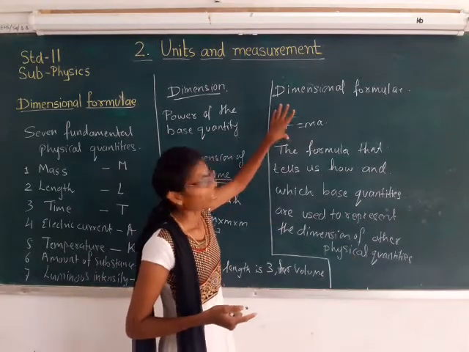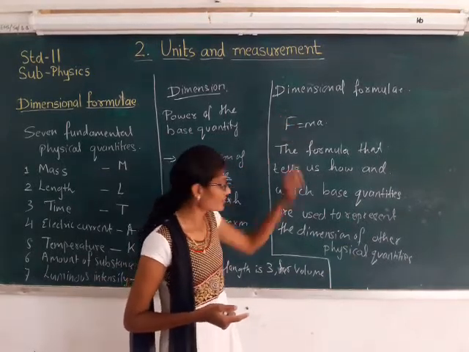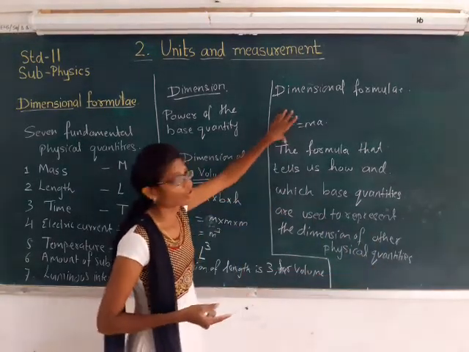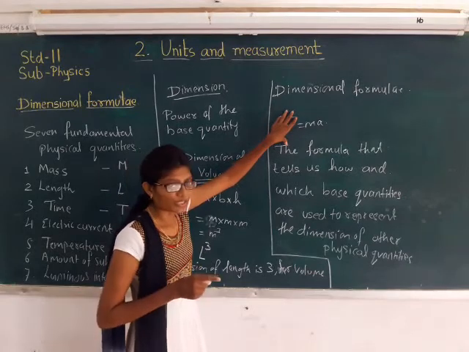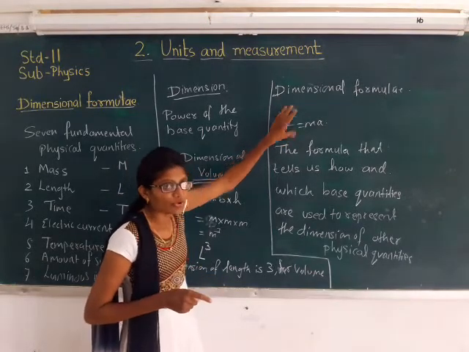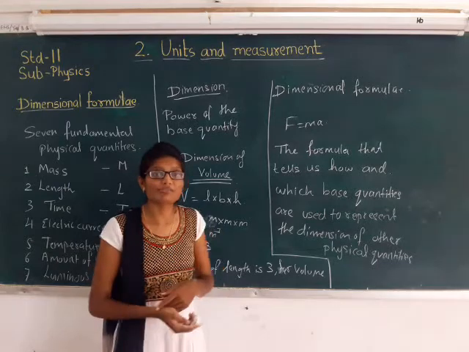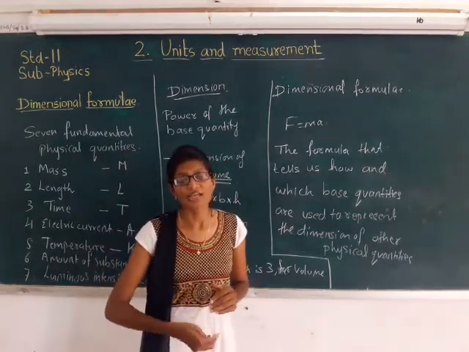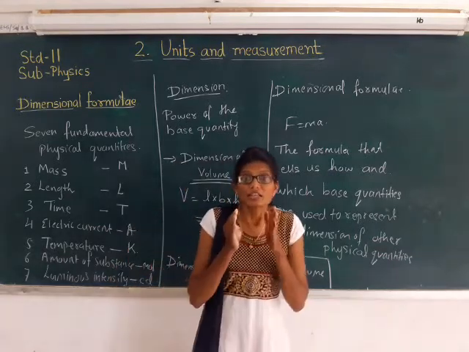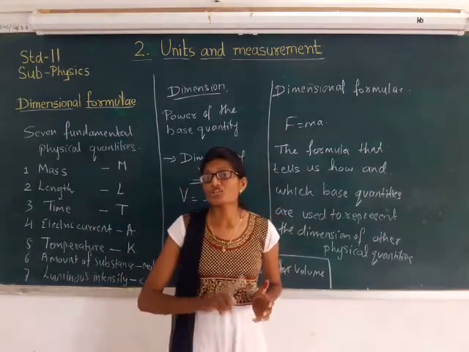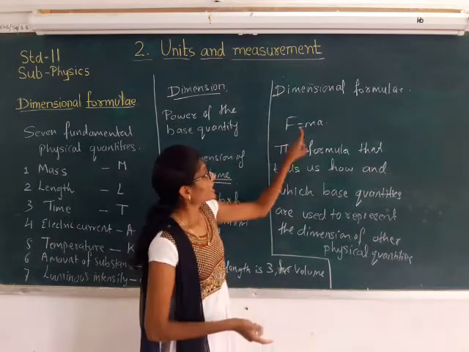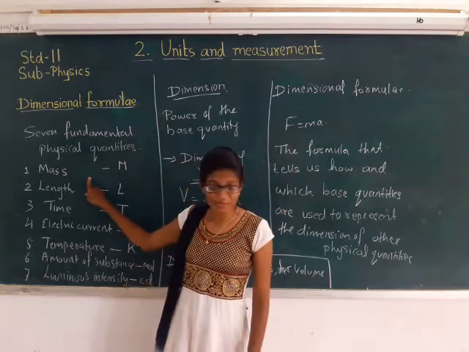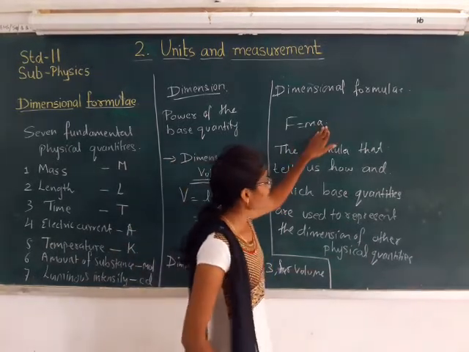Here we want to know the dimension of the force. We want to know the dimension of other physical quantity. That is which physical quantity? We want to know the dimension of the force, right? And that depends on what? That depends on the fundamental physical quantity, because we know that force is what? It is a derived physical quantity. Derived physical quantity means the physical quantity that uses a combination of the fundamental physical quantities. Here m, that is the mass, right? And mass is what? It is a fundamental physical quantity. Here acceleration.